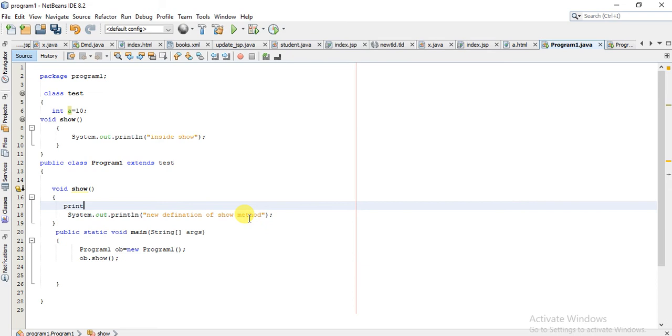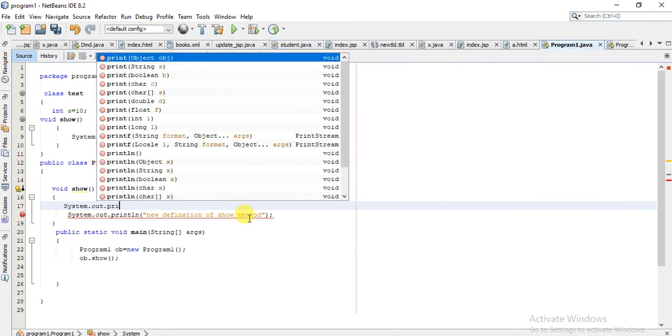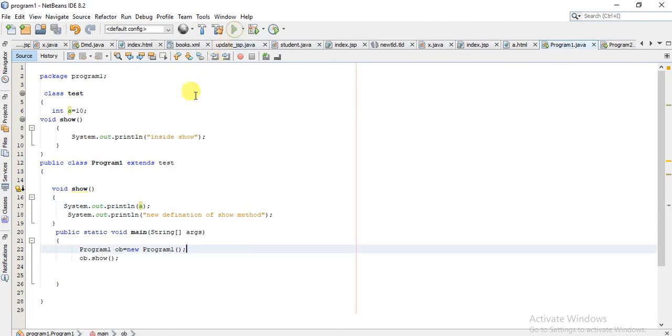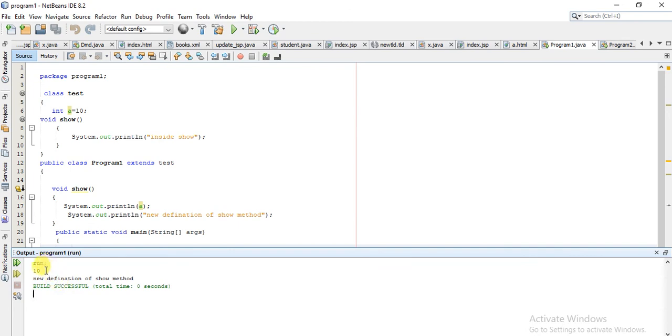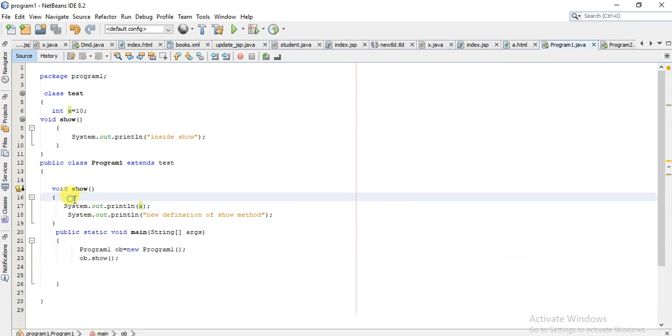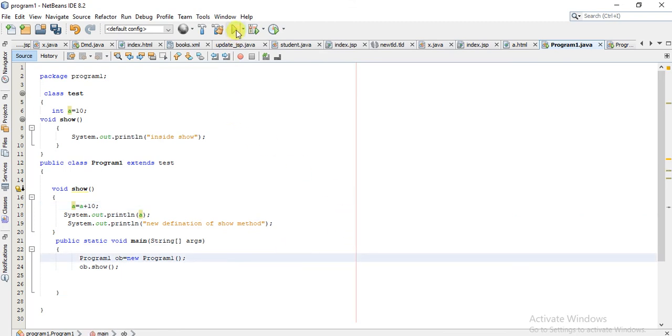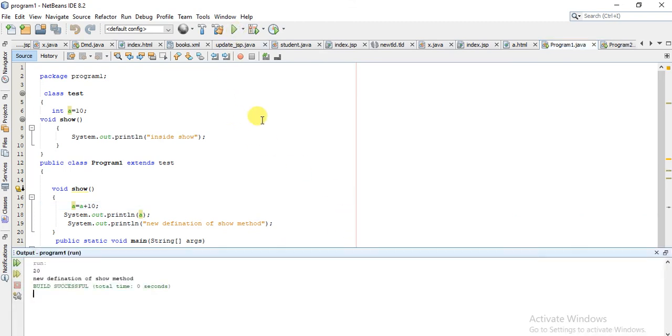Let us print the value of this: System.out.print a. So we can see it is printing the value of a. Now let us try to change the value: a is equal to a plus 10. It is still running perfectly.